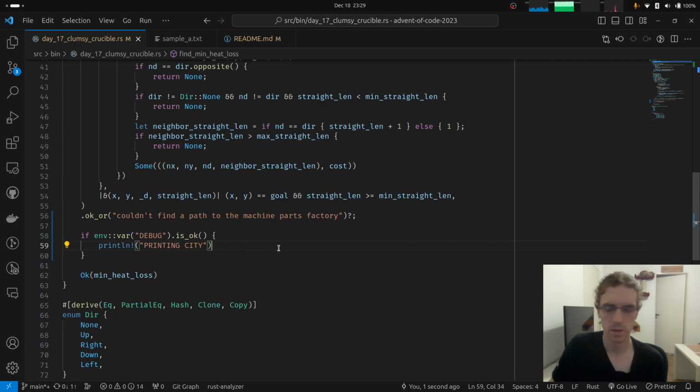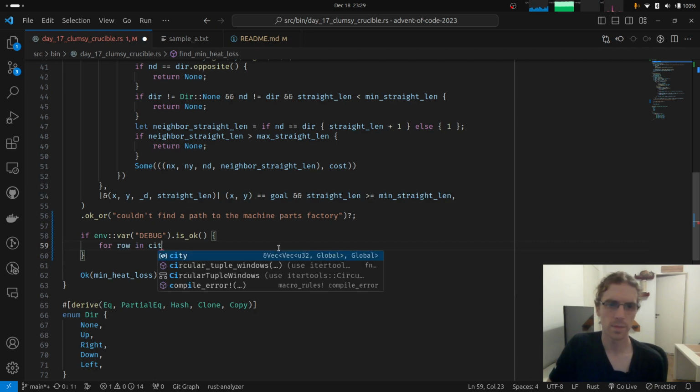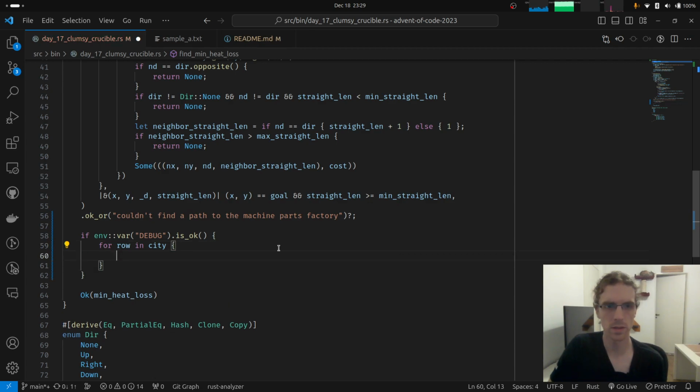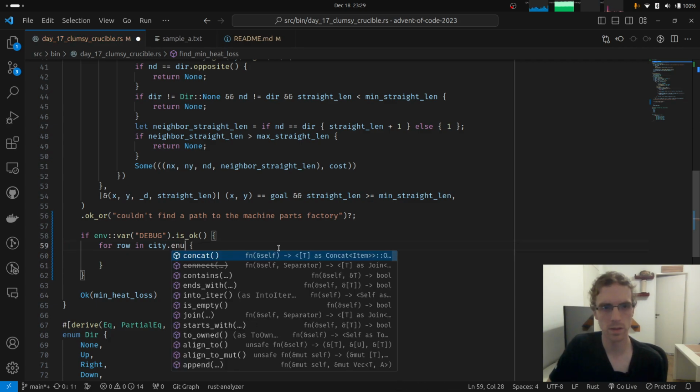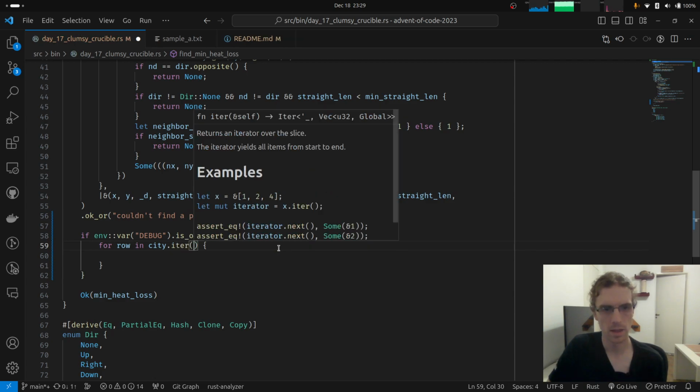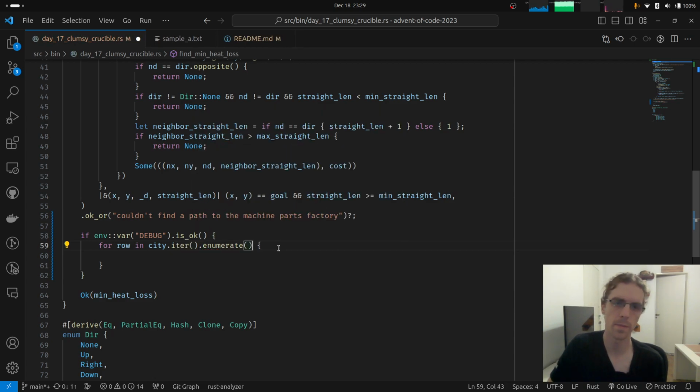Okay. So what are we going to do? We're going to go for each row in the city. This is already a reference, I guess, so we don't need to do into_iter. Although I will need the position of this. So let's iter and enumerate.